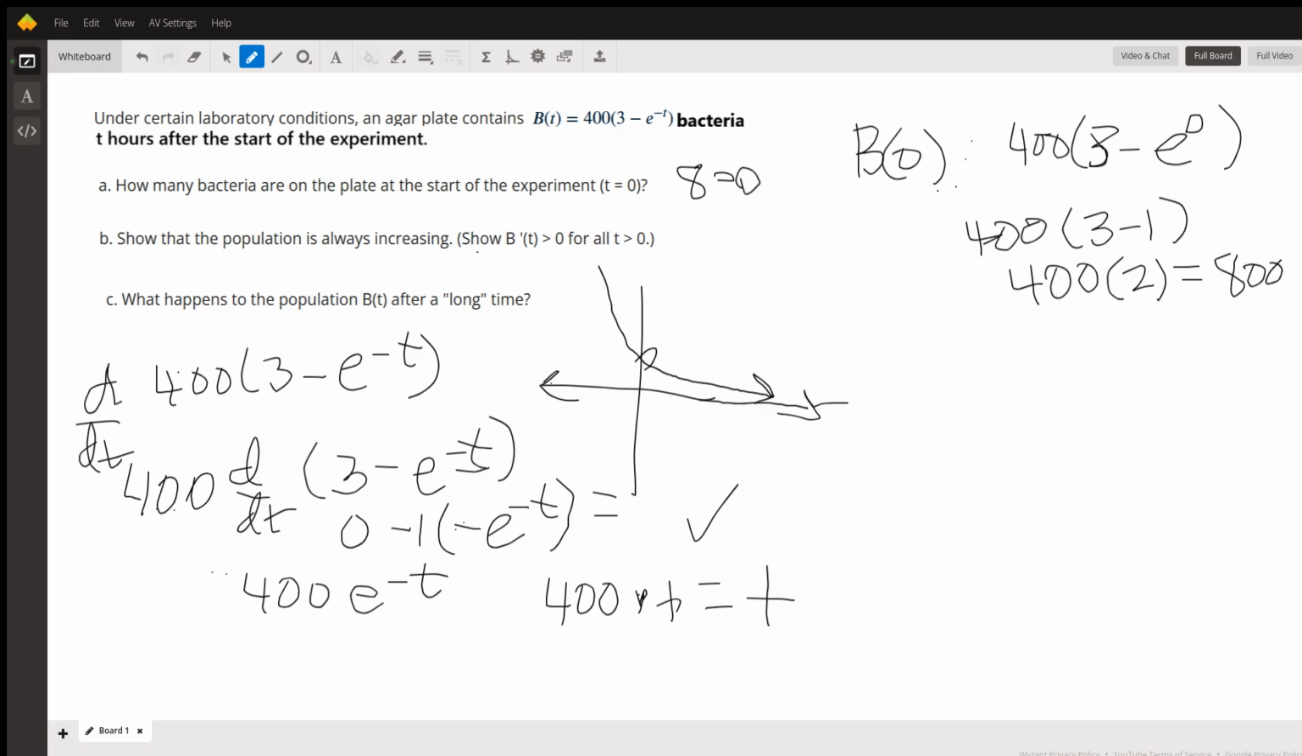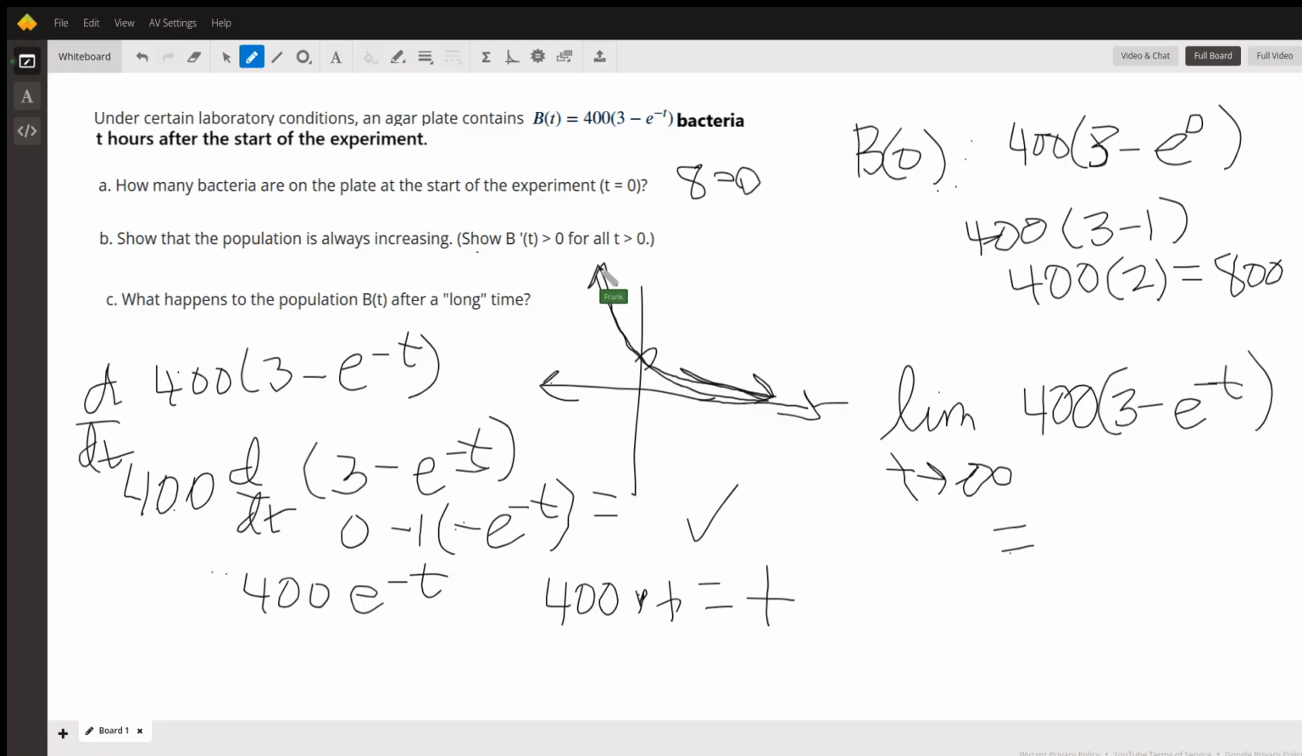What happens after a long time? Well, this is the limit. What happens after a long time is that e to the minus t goes to 0. 400 times (3 minus 0) is 400 times 3, which is 1200. That's the same as saying the limit as t goes to infinity of 400 times (3 minus e to the minus t)